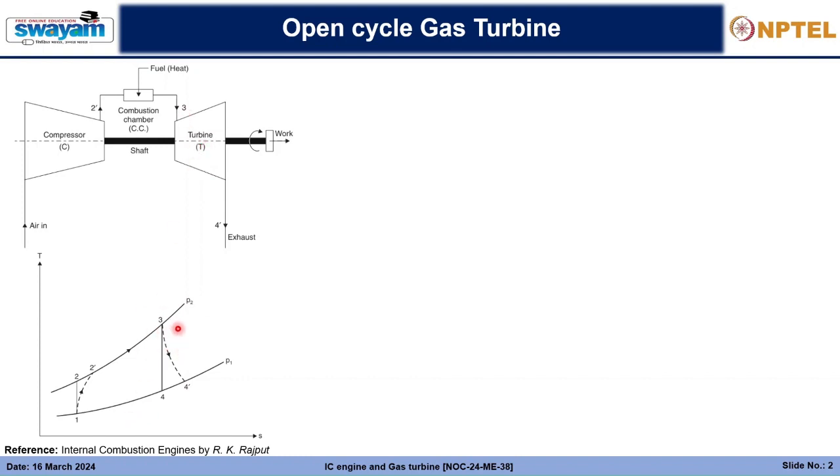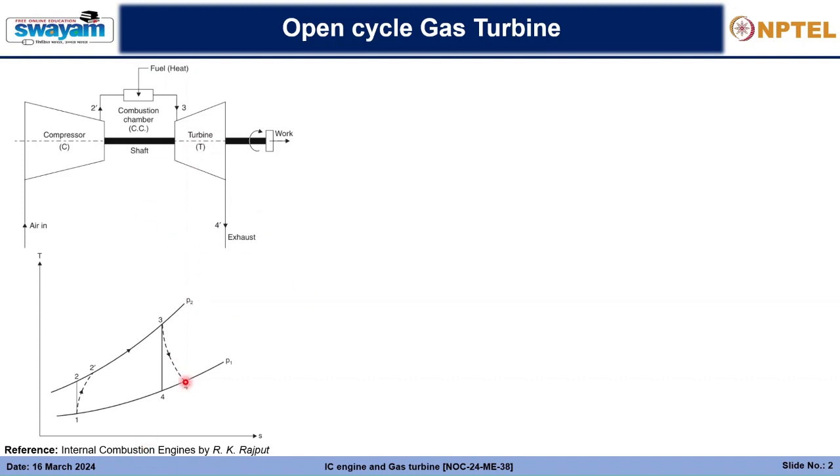Rather, it will be an irreversible adiabatic path, and the gas at state 3 will expand to point 4 dash by this non-isentropic process, as you can see here, that is the irreversible adiabatic process 3 to 4 dash. And after 4 dash, this whole gas will now be exposed to the ambient,